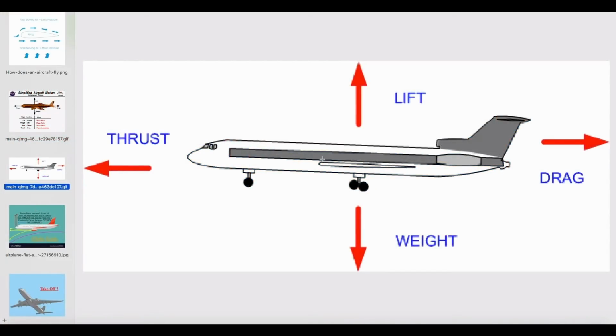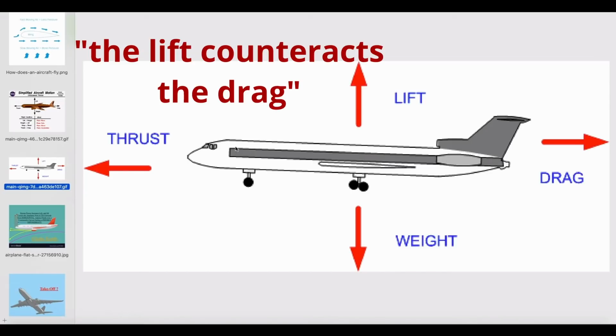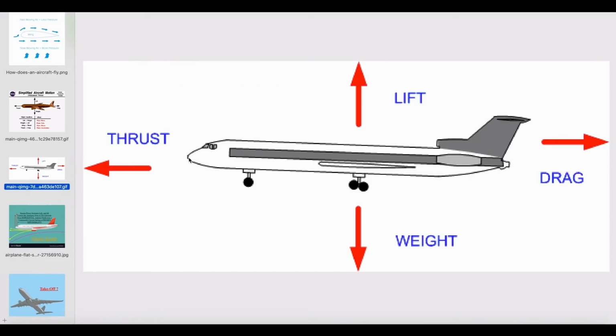So, the more thrust, the more lift that is created, then the more the weight of the plane is overcome. The more thrust creates the lift and also counteracts the drag, and the lift also counteracts the drag. So that's the basics of this effect. But a byproduct is the nose tilts up. So the more thrust, the more the nose will tilt up. And somewhere in there, you said the lift counteracts the drag.